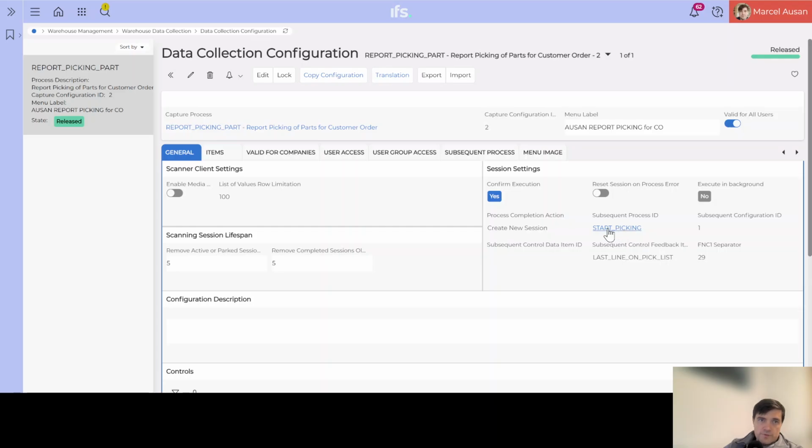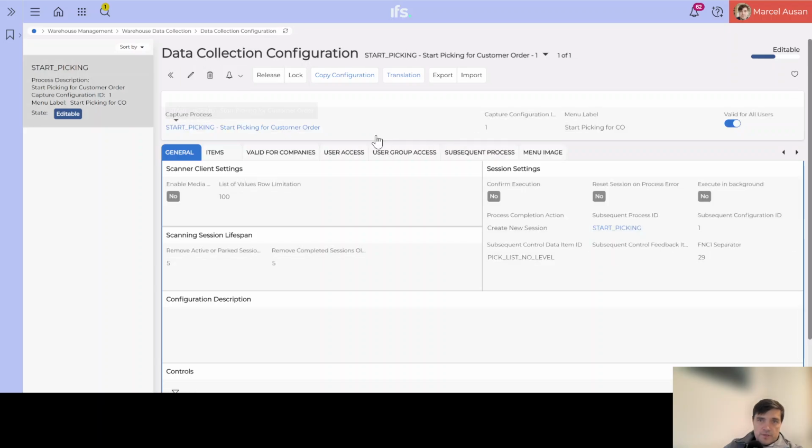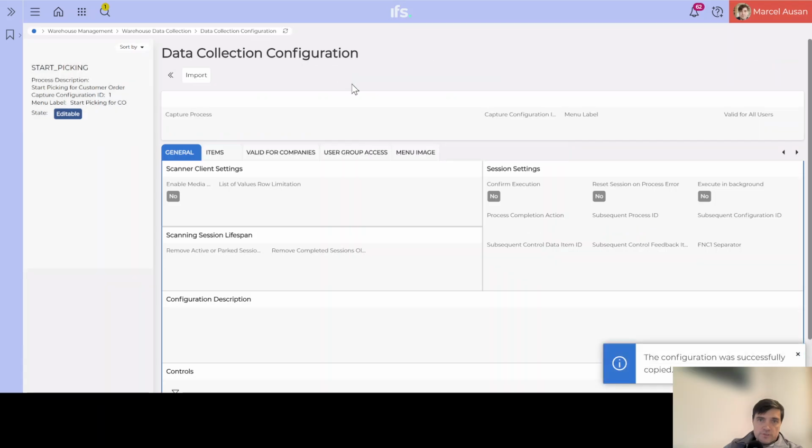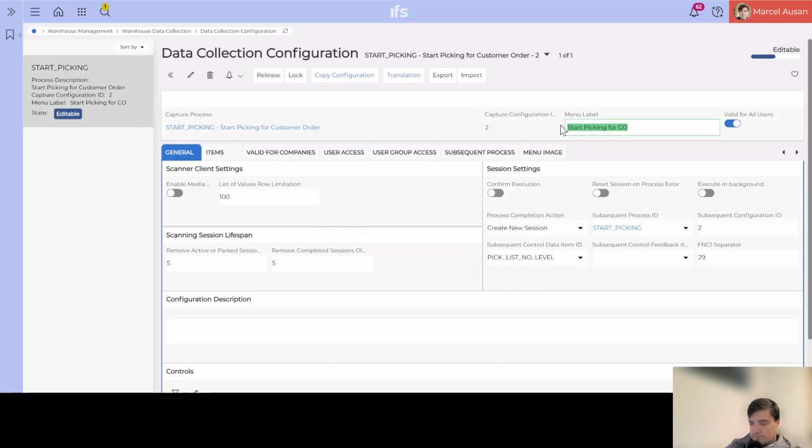So if I jump into the data collection configuration for start picking, we see again it's capture configuration 1. So we will do the same thing. We will copy the configuration. Now we get number 2. We can also give it a name, a label. OSUN start picking,